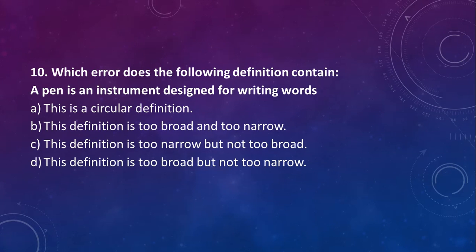So what was the example of the first one? Well, a pen can be used to do lots of things. You can use them to draw or doodle or whatever. So writing words is by far not the only thing you can do with a pen. Keyword: designed. You can do a lot of stuff. I can drive my car with my legs. Doesn't mean it's designed to be driven with my legs. Right. But pens are designed to do a lot of different things. So there are specific art pens. Yeah, it's a fair point, but I think even on that more precise reading, it's still too broad and too narrow.